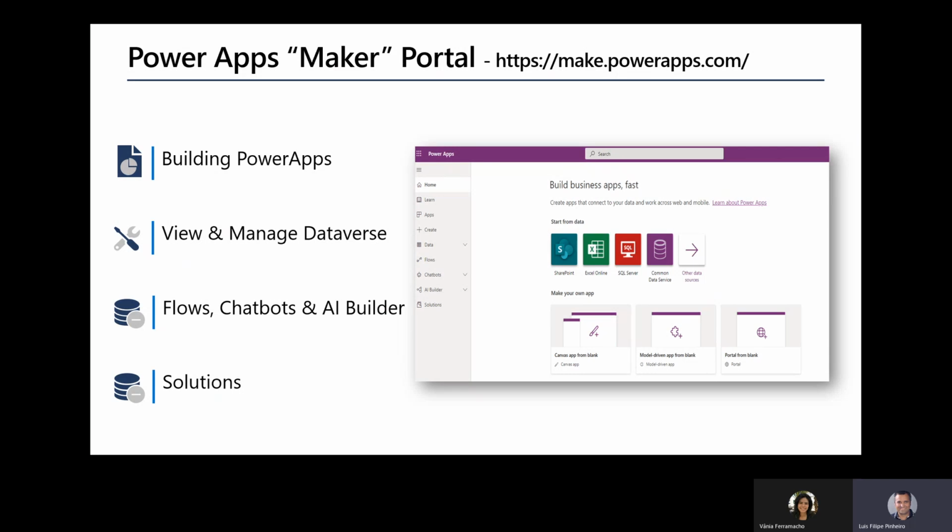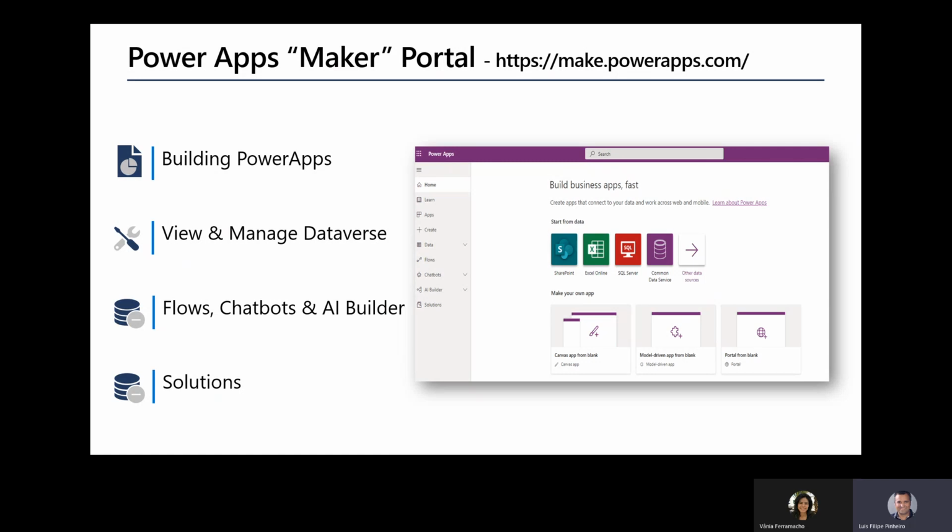So you can build Canvas apps for web, for mobile, and also for tablet. Then you have the model-driven apps, which start with your data model, and you build up from the shape of your core business data and processes in the Dataverse to model forms, views, and other components. Okay, then we have the portals that we will speak about in the next slide, and the Dataverse, which is a